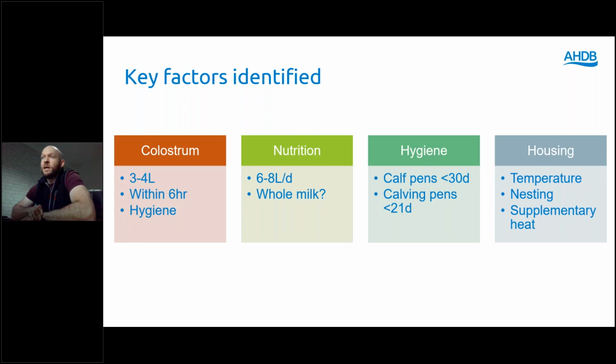There's some great AHDB colostrum resources available that I'd thoroughly suggest going and looking at to make sure your colostrum management is up to date. And these are things that we've talked about a lot in the past, I think, in conversations with farmers, but it's still things that we don't always get right, and quite a lot of people were still feeding quite low